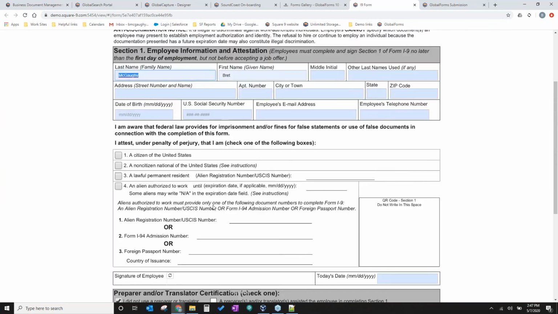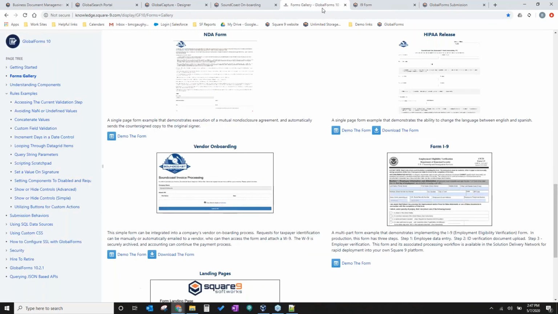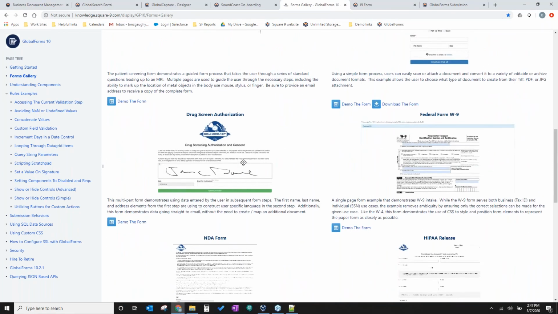What I really like about the forms package is, when you get types of forms where, if you answer yes to this, you know, fill out A, B, and C. If you answer no, skip to number 3. So, a lot of times what would happen with people filling out forms is they wouldn't fill out the form correctly. They didn't read the instructions, or, and I had one customer that, onboarding documents, it took them all day long, and it took 2 people to help a new hire fill out the forms package.